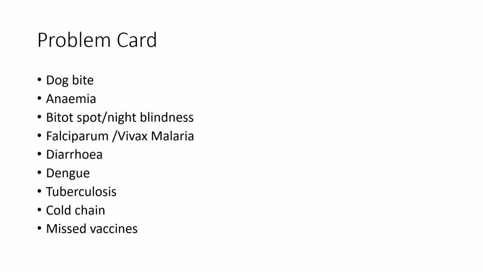And since problem cards have a lot of this crossing, it is possible that the examiner will take you to different other relevant questions. They may ask you the vitamin A deficiency disorders, the total spectrum, what are the other ocular deficiency disorders, what are the extraocular manifestations of vitamin A deficiency, what is the vitamin A prophylaxis program, and things like that. And remember, in case of this therapeutic management, you have to first give a stat dose if